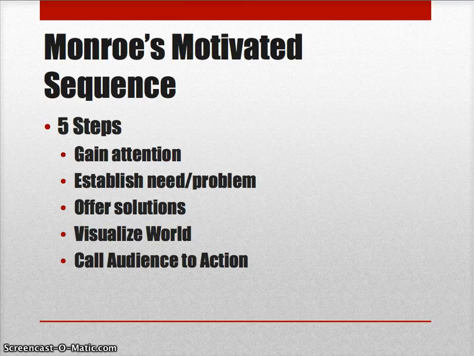And with Monroe's, it's less of a cookie cutter, this is what you need to do, and it's more of a checklist that you need to accomplish these 5 steps to make sure that you're persuading your audience, right? So there's a lot of different ways you can think about it. The one thing to think about with Monroe's, and the biggest mistake I usually see with Monroe's, is that people think that the 5 steps are the 5 points that you're going to be using for your audience. That's not what you want to do, okay? These 5 steps are going to be used through or in combination with another organization pattern to make sure that you actually are persuasive. So let's talk about the 5 steps.